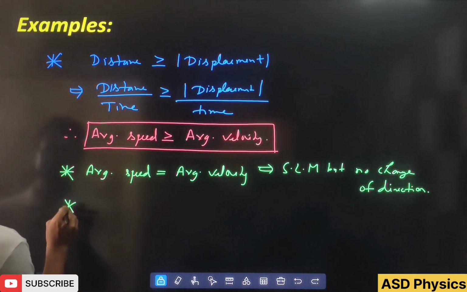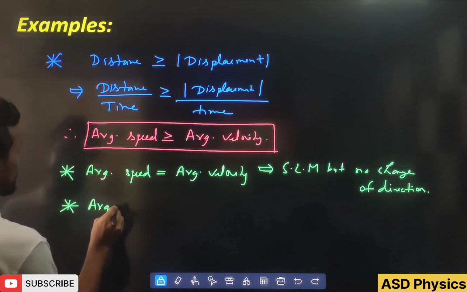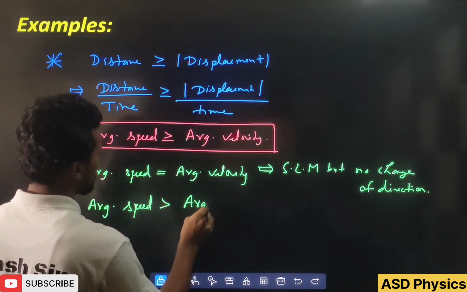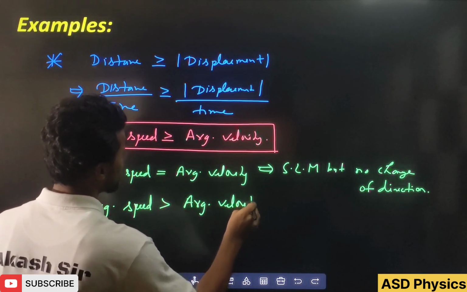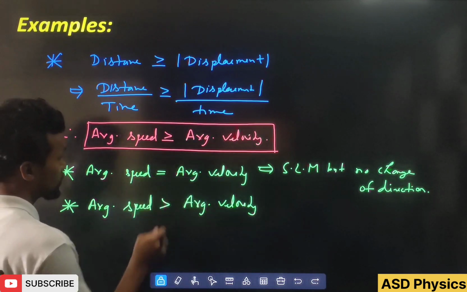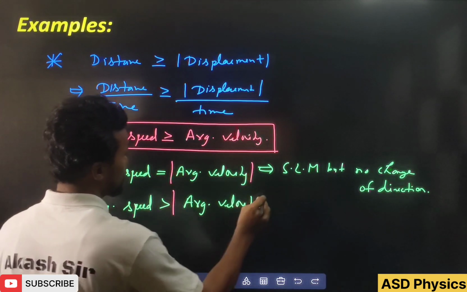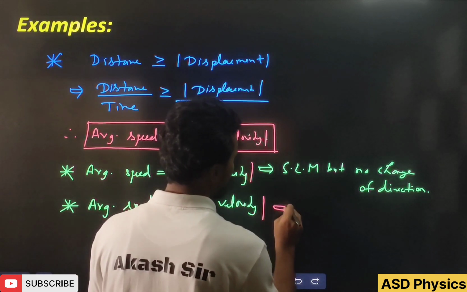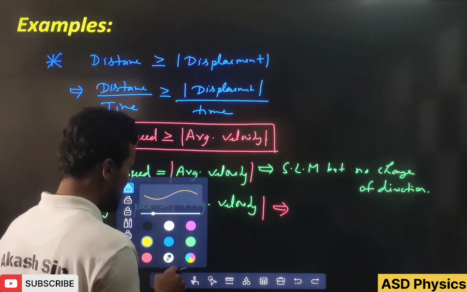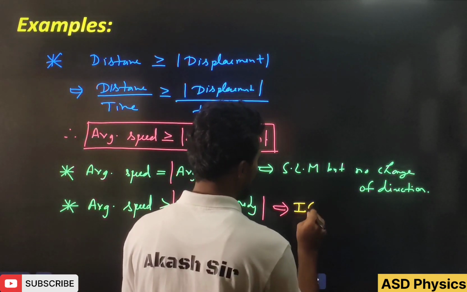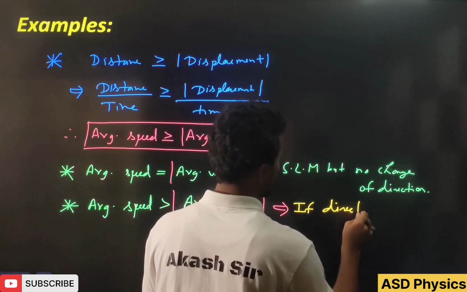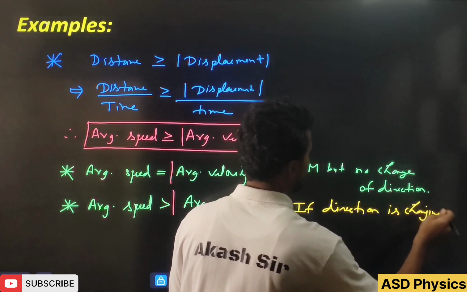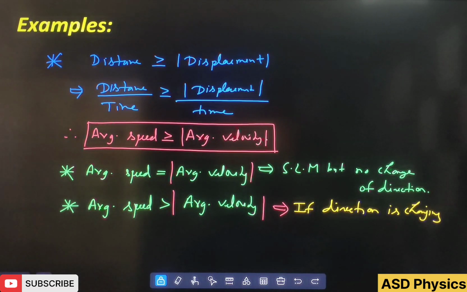Otherwise, if the direction is changing, then always the average speed will be greater than the average velocity. And as I have told you, velocity can be negative also. So see, this magnitude I am writing, and here also this magnitude is there. And here, students, the direction is changing. If direction is changing, please remember that all these things,